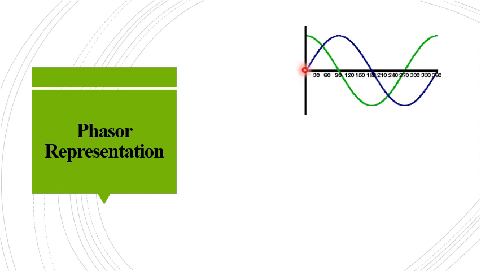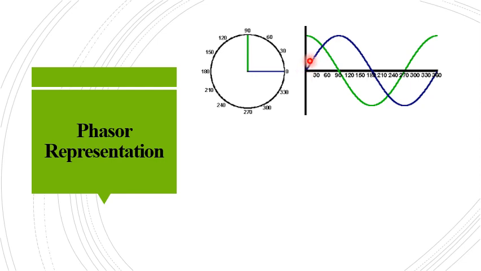Okay, so the reference phasor will always be drawn vertically. Drawn is represented by a horizontal line. So this is your phasor representing the blue wave. Here we can see that the projection of this phasor to the y-axis is 0. Similarly, at omega t equal to 0, the instantaneous value of the blue wave is 0.